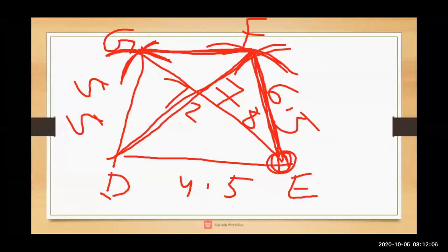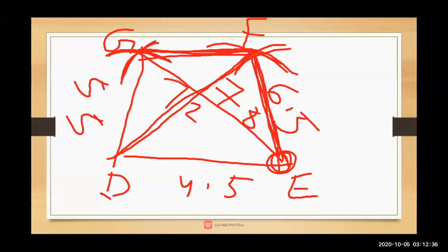The next step is what? Next step is you're going to take D as your center and you're going to make an arc of 5.5 centimeter. Then once again from E, how many centimeters do we have to take? 7.8 centimeter. There you will cut in front of G. So it will show a cutting arc. Join that line. It will show G, D, G you will show 5.5. Then your upper one you will join EF.